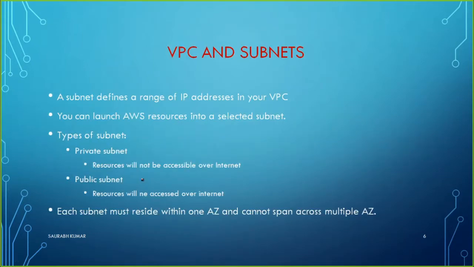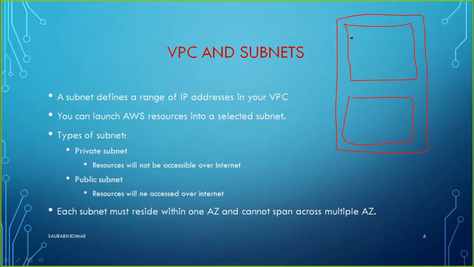Next point is, what is a subnet inside of a VPC? So let's have a look. A subnet defines a range of IP addresses in your VPC. For example, if you have a complete company, in your company you either want a single network or you want to have subdivisions. If you want subdivisions, what do we create? We use subnetted IP addresses. This is one subnet, this is another subnet. So now we have two subnets. What is the meaning of subnet here?